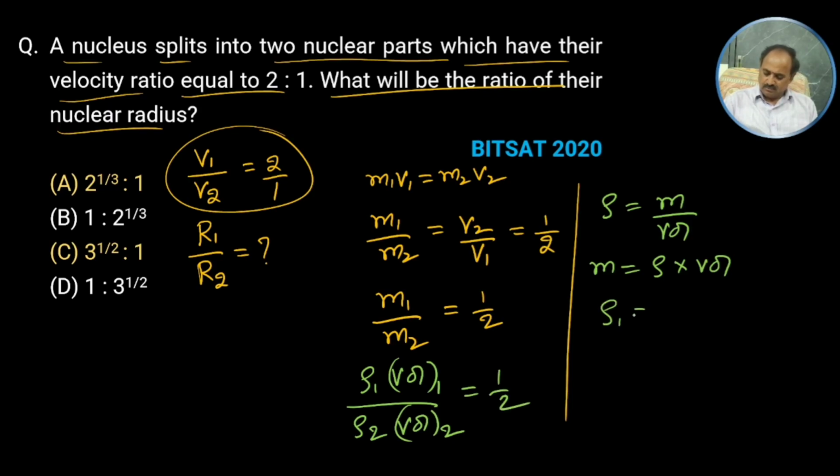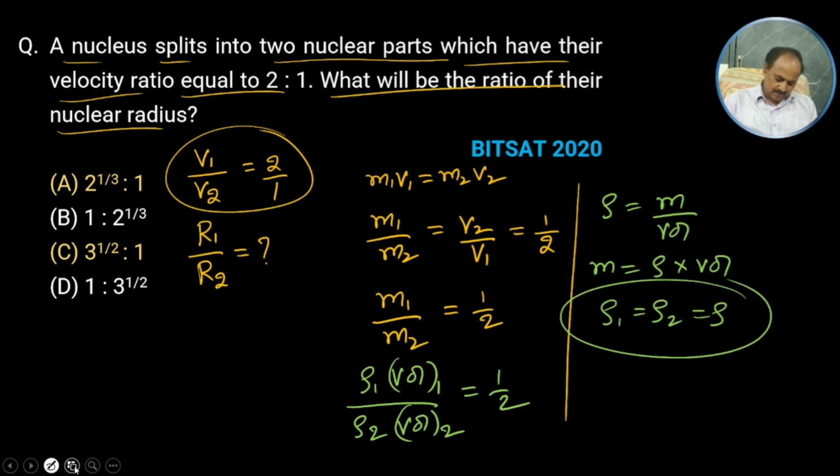But rho 1 equals rho 2, that is rho, because density is a material property. Here you can cancel rho 1 and rho 2. Finally we got volume of the first nuclear part divided by volume of the second nuclear part equals 1